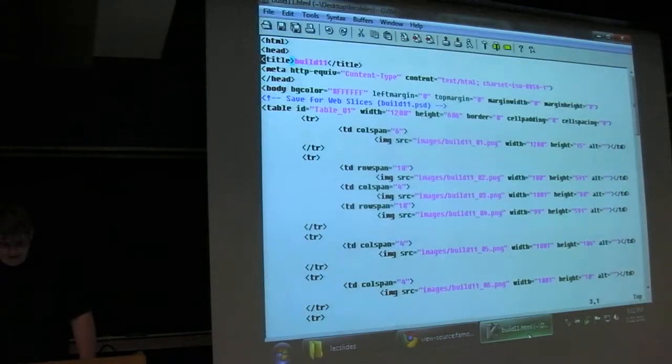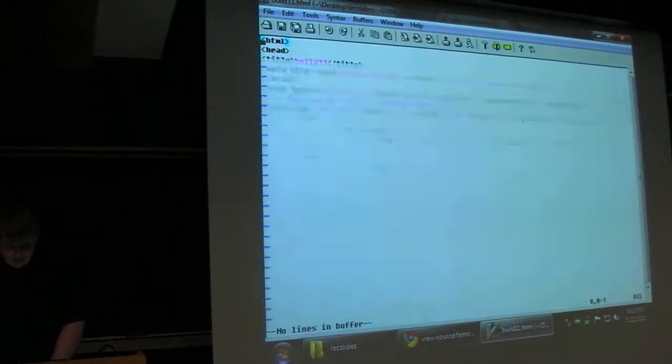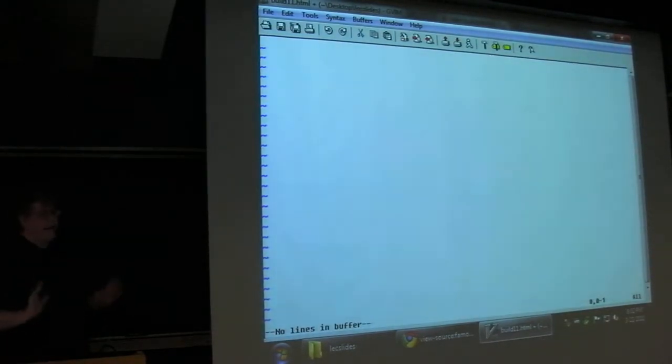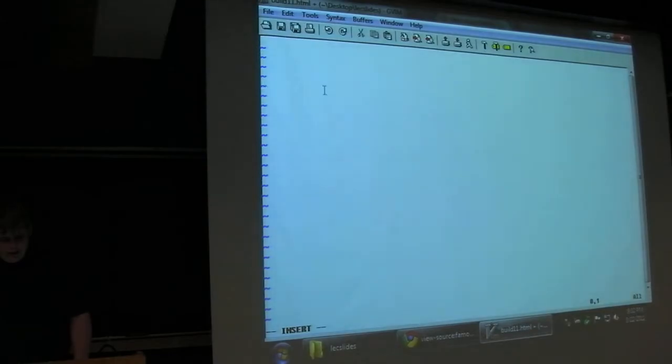So basically, in Vim, if you type in D, a number, and D again, it'll delete that many lines. So if you type in D90D, it'll eliminate everything for this. Then what I'm going to do is just